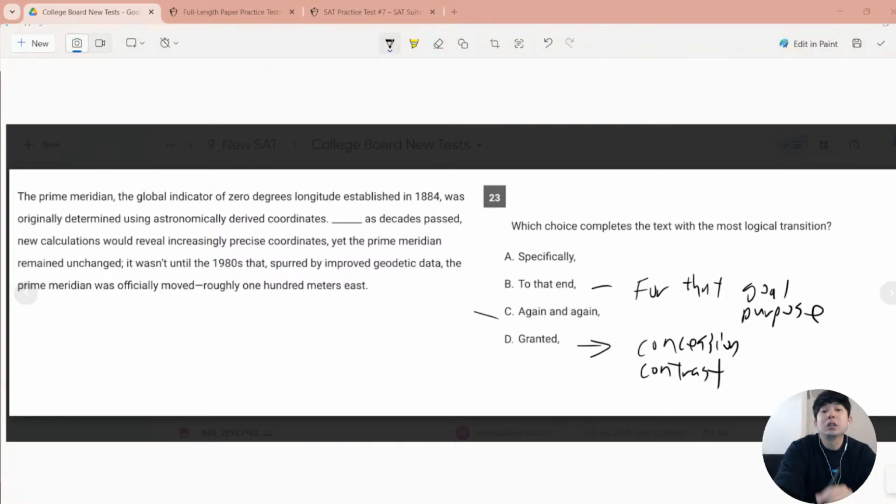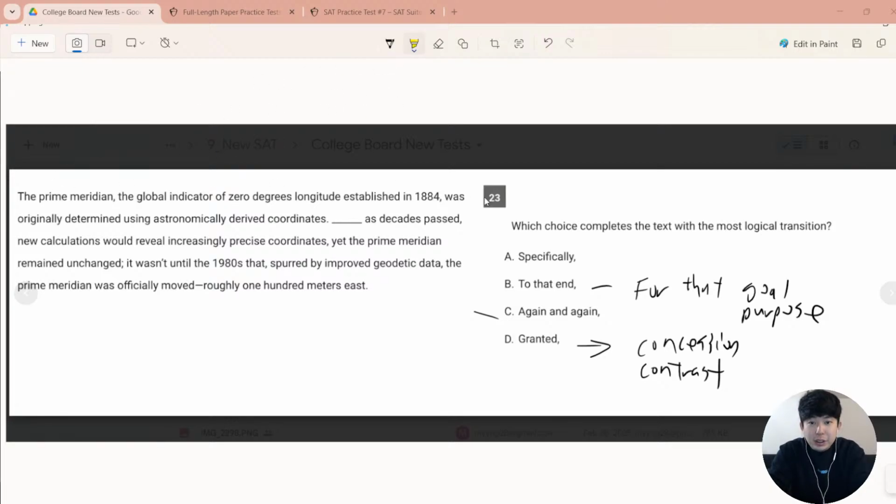For this one, I just wanted to make the point that you shouldn't be afraid to pick the ones that sound weird, and also don't be afraid to pick the ones that sound casual. How the phrasing sounds or feels is not at all a category we want to be concerned about when we're doing the SAT, especially transition. This is also a stupid transition in my opinion, in terms of why it is in the category of transition questions. Because